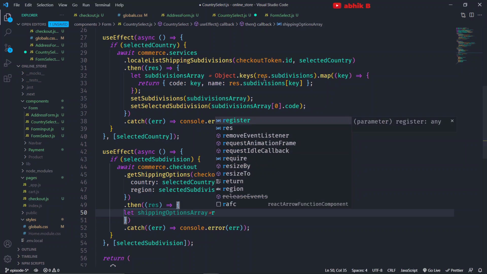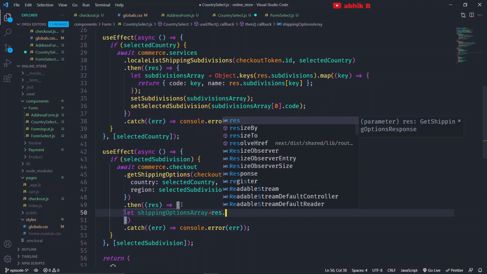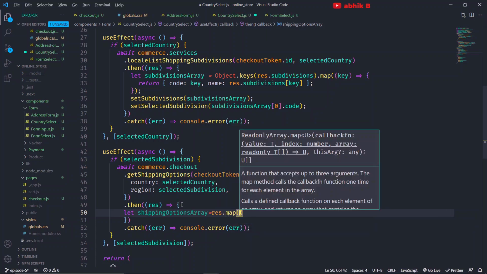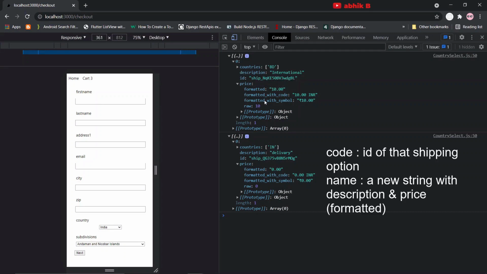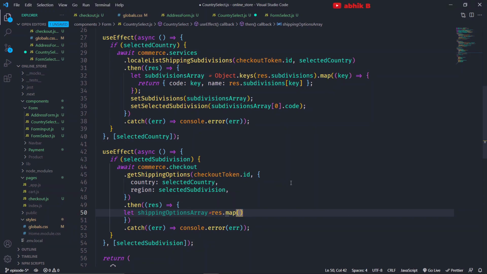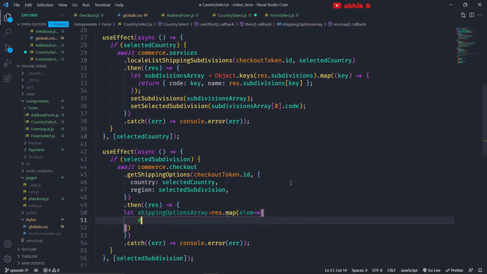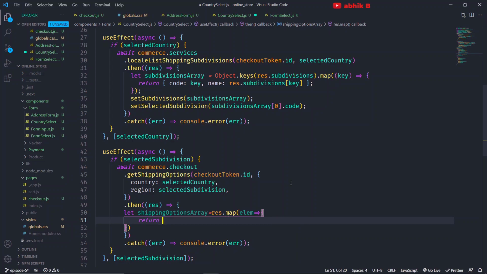Since this is an array and not an object, we will not use Object.keys. Rather we will use response dot map. For each array element we will return a formatted object whose code will be this ID and whose name will be the description, along with the price dot formatted with symbol. So for each response element, I named it lm, for each lm I want to return